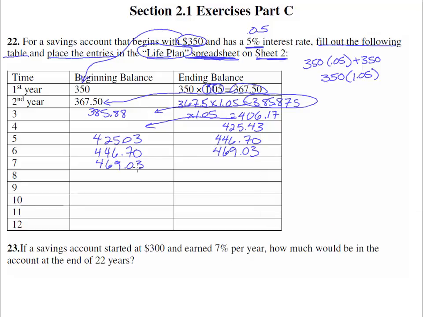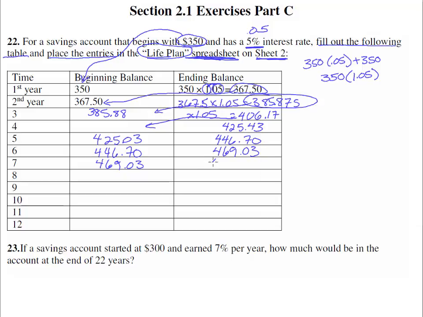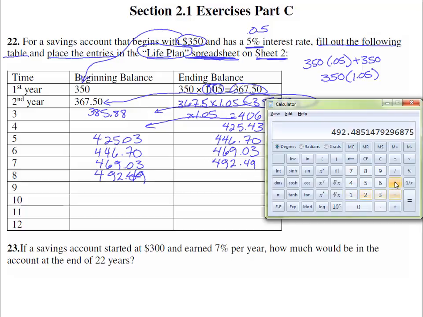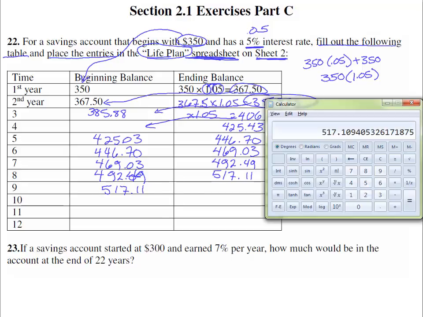Write that over here and then pull it up to times by 1.05 again, and we get 492.49. Good. Write that over here, pull it up and times by 1.05 again, 517.11. Pull that over there and do it one more time,